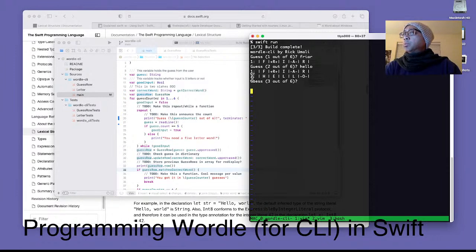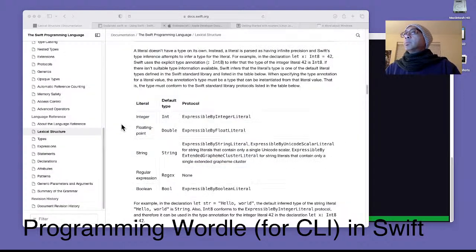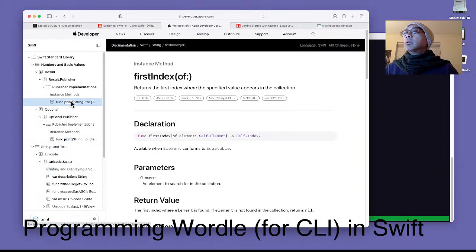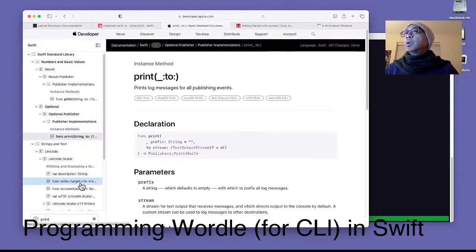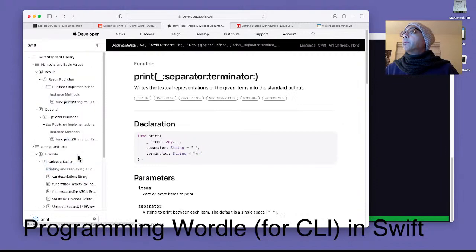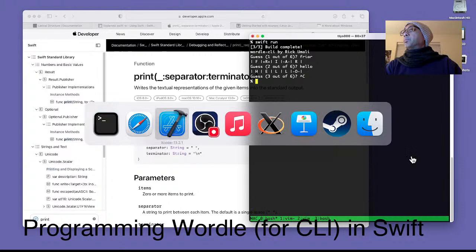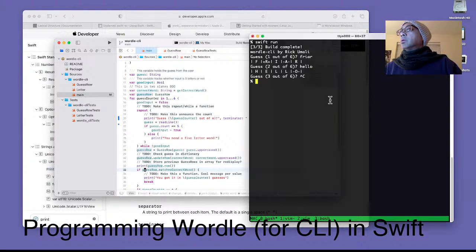And of course we need this loop thing here. So we could do the easy thing first. We could say print the guess row, and here we can do that thing we do up here with the prompt. I think, if I remember right, I can say print to note string. No, I thought there was something here where I can print, and yeah, the terminator. I can remove the terminator, so I can do something like this. Maybe even put the, no, I don't know if I want the guess there, but